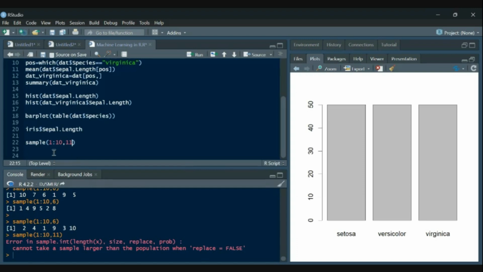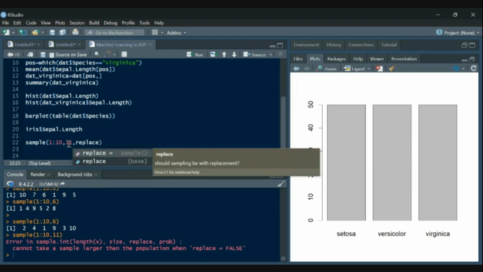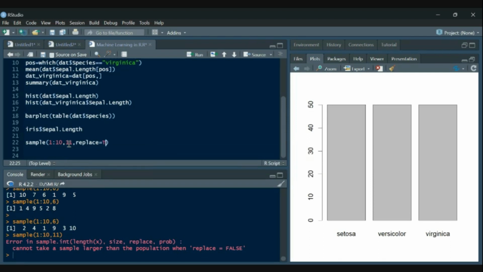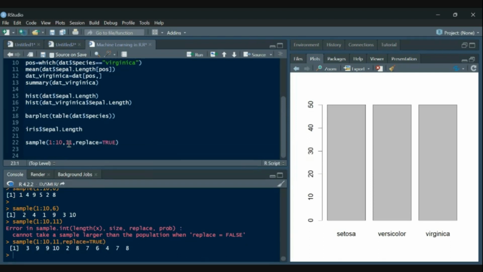So by default this gives simple random samples without replacement. If we want replacement as well, set replace equals true, and it will give us the desired size of 11 from 1 to 10. So this is how sample works.